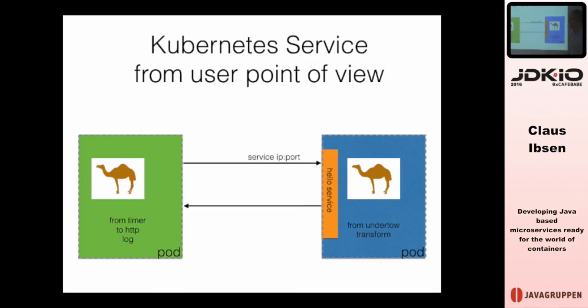But as an end user, I don't need to know that. I only need to know, okay, I need to call a service, and for that service, I need the IP and the port number. So I call the service just normal socket, whatever it is, IP and port number. That's it. Doesn't matter where the service is actually running and if it fails over and whatnot.